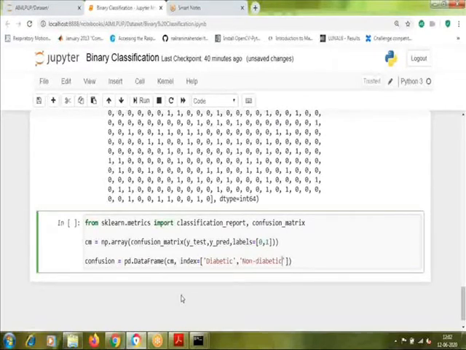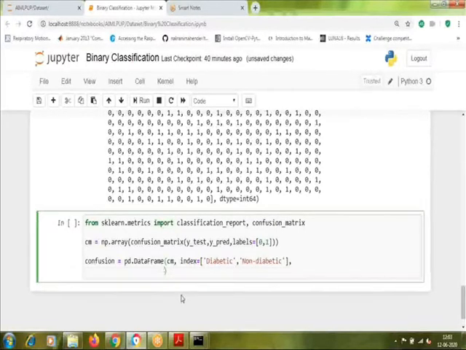Okay, there are only two different categories here. Then you also need to mention the column names. So mention columns. Here, in the columns, we are going to display our predicted values.